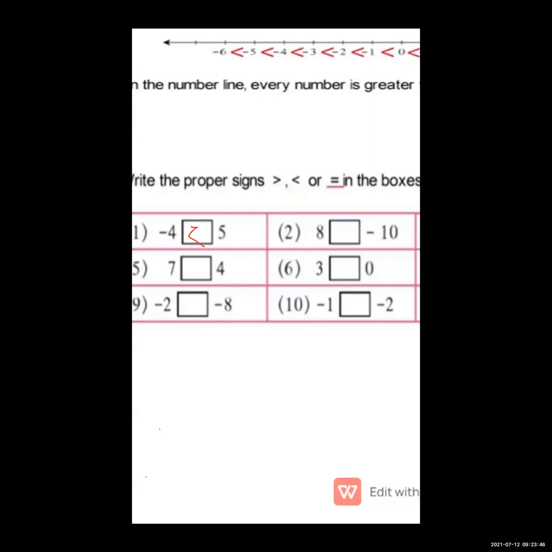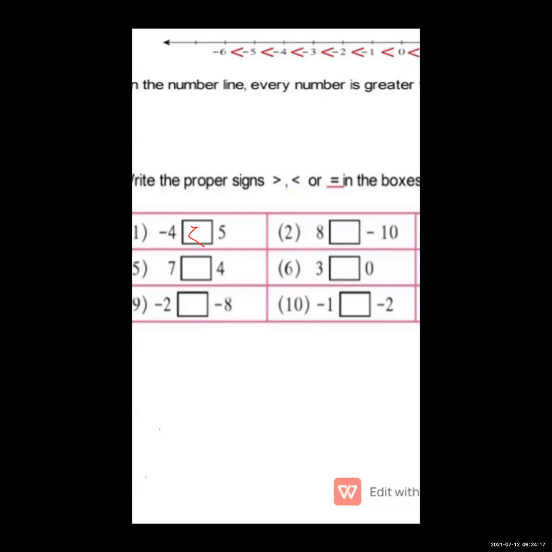See the second question. What is the second question? +8. 8 does not have sign, it means it is a +8. Again and again I am saying why, because some students maybe have not attended the previous lecture. That's why I am saying again and again, so don't get bored. जो बच्चे ने कभी प्रीवियस लेक्चर नहीं सुना होगा उनके लिए मैं बार बार बोल रही हूँ, ओके. 8 does not have sign, that's why it means it is a plus. Whenever the number does not have sign, it means it is a plus.